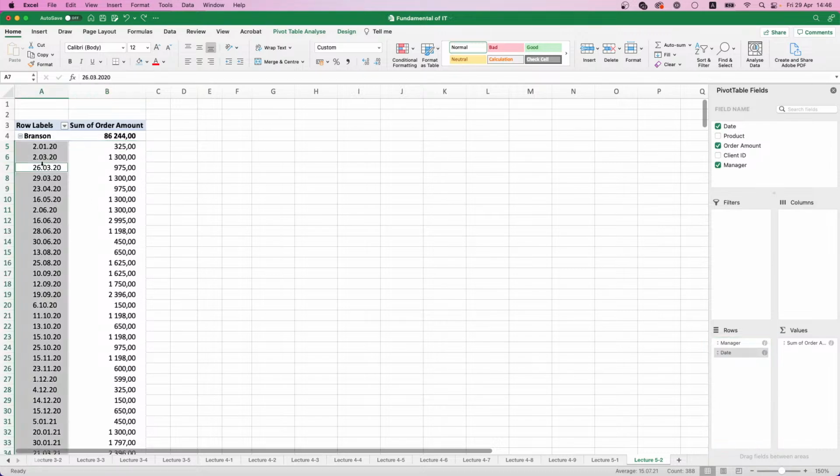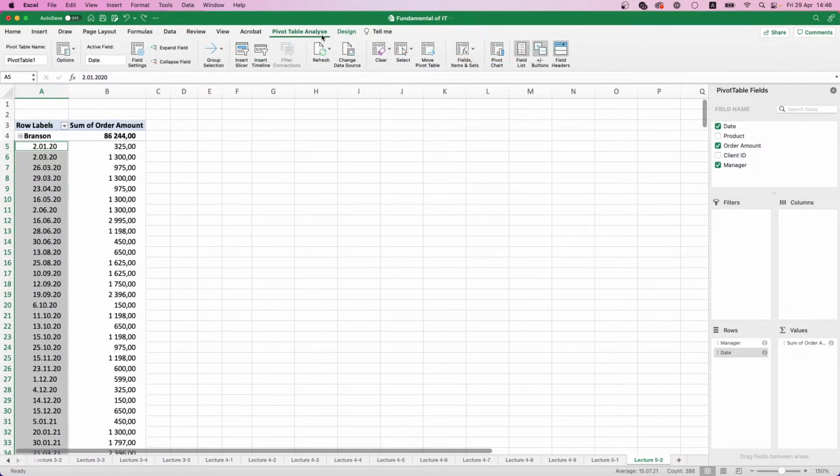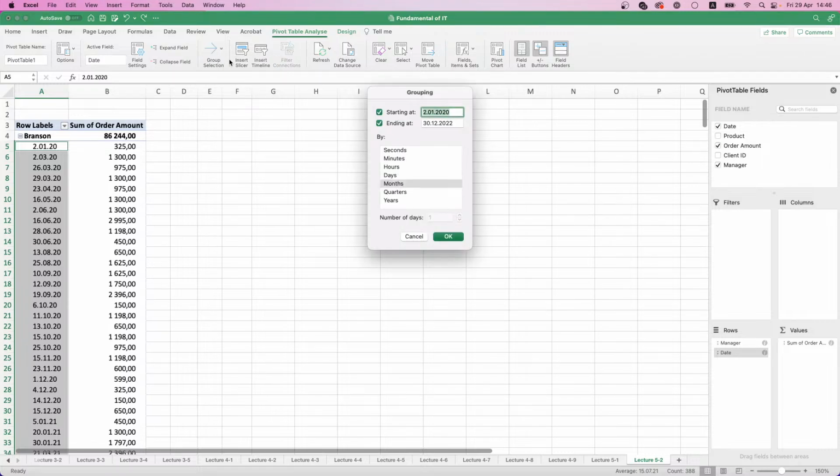So how to specify this data? The idea is that we just go to the first item of this field. Then we have additional tabs like pivot table analyze, design. So we go to pivot table analyze, and we have the group selection feature. You can group selection, start and end, and we can group them by months, quarters, and years. So let's go with years, and